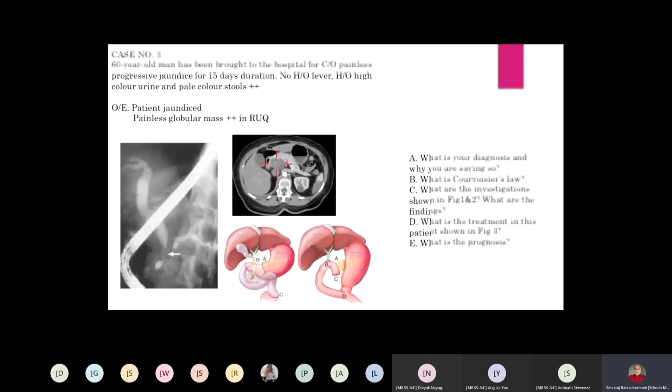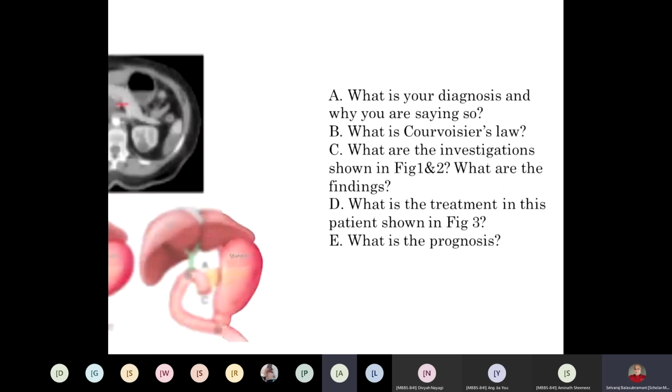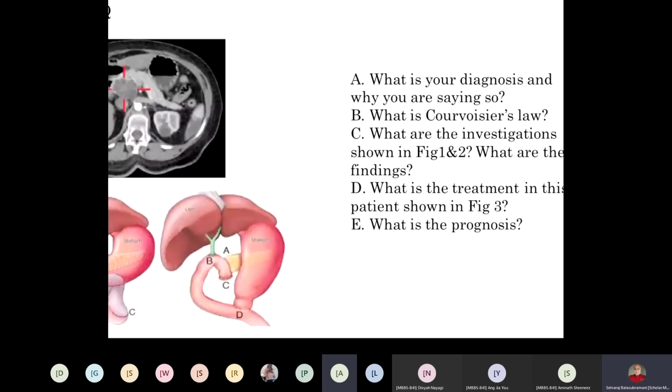Even if you do treat, maybe they may live for 5 years if it is a very early case. But unfortunately, you cannot pick up the case very early. Only after they get jaundice, then you come to know that these patients have cancer of the head of the pancreas. Prognosis is very, very dismal. Very bad prognosis. Almost all of them are going to die. So that is why with this Whipple surgery, they may live for maybe some more years, that's all. But you cannot prevent death. That is what I want to tell you.